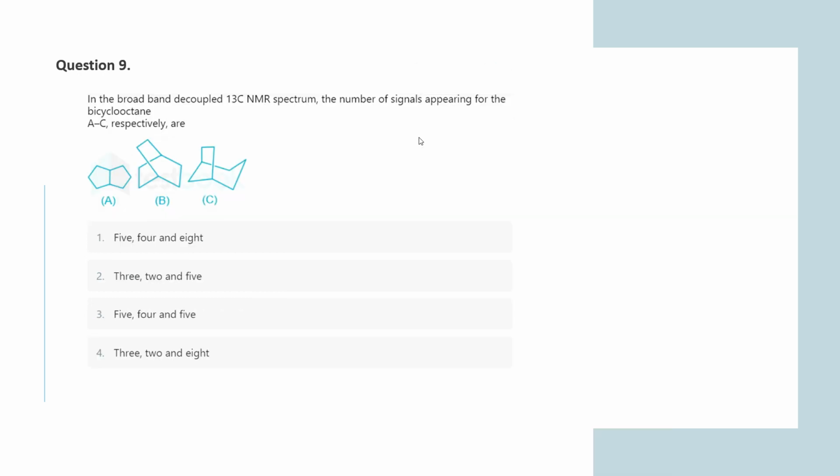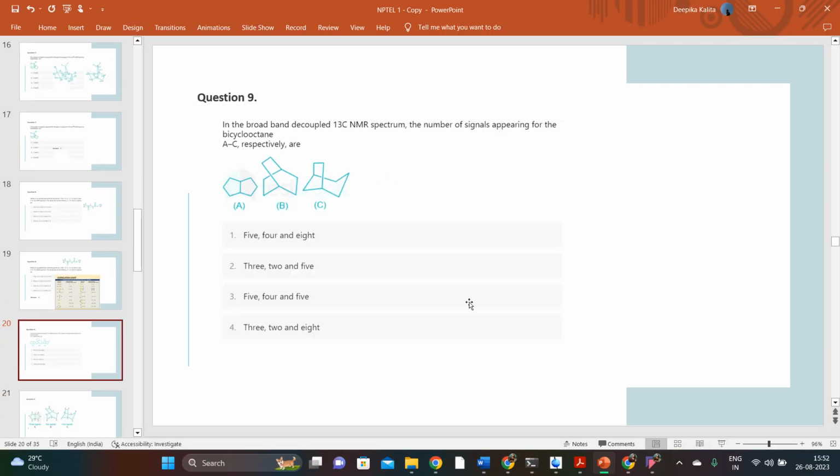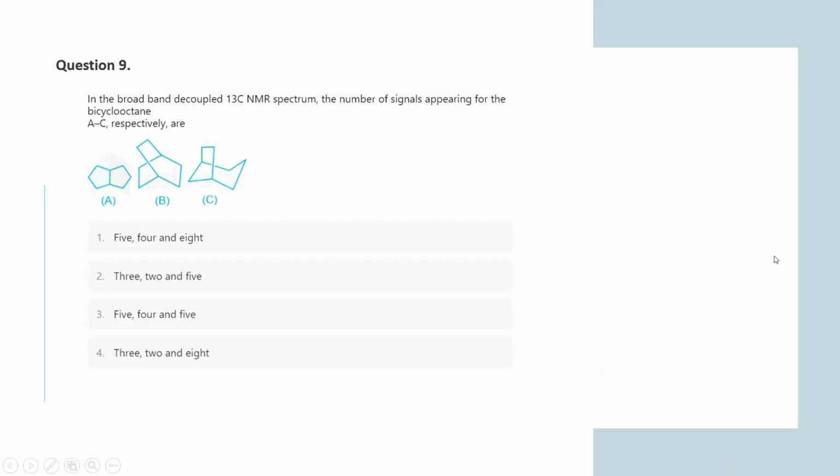So after this, let us move to question number 9. This is a similar question as question number 7, which we have already solved. In the broadband decoupled 13C NMR spectrum, the number of signals appearing for the bicyclooctanes A to C respectively are? You are given 3 bicyclooctane molecule structures. In all of them, you have to figure out how many signals you will observe for each of them in the 13C NMR spectrum. Let us again approach the question like we did in question number 7,